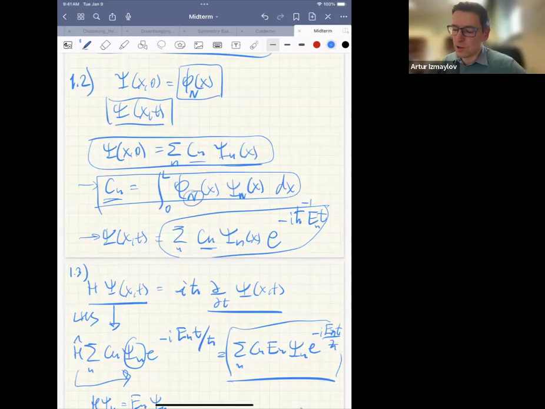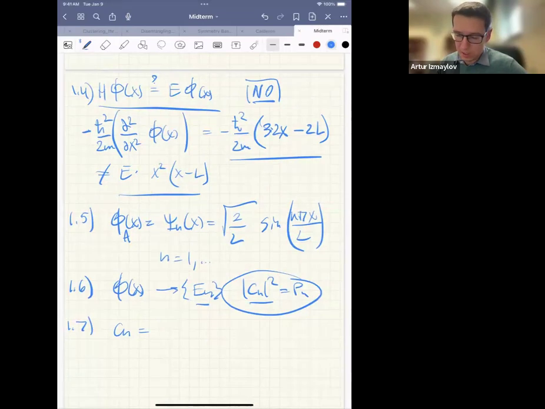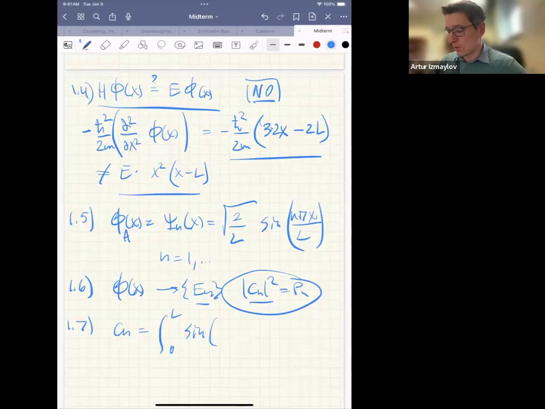Don't forget that the function needs to be normalized so that the coefficients, when you square them, will be probabilities. If the function is not normalized, some of the squared coefficients could be more than 1, and that makes them not good probabilities. So you calculate the Cn's, and the calculation of Cn's requires taking the integral from 0 to L of sine of